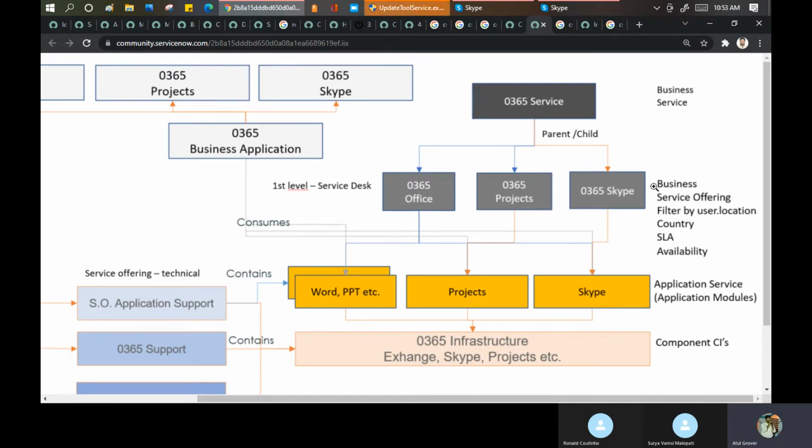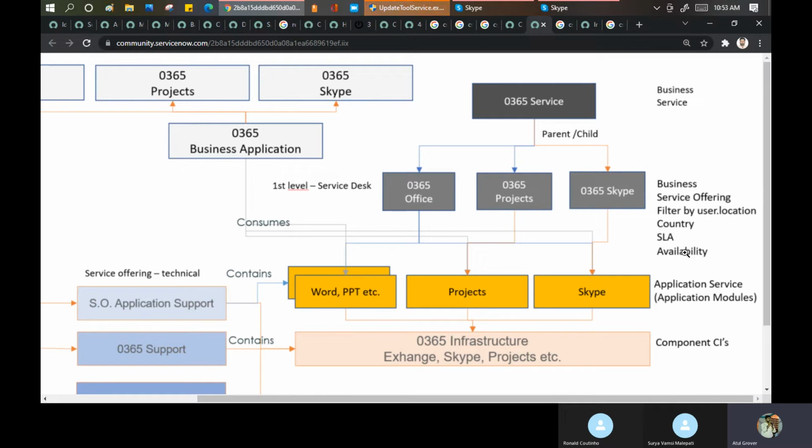These three are my business service offerings. Maybe it can be bifurcated on the basis of country, SLA, or availability. Like a banking customer says, boss, my Skype should run 24/7. Okay, you will get it, I will create a service offering for you.